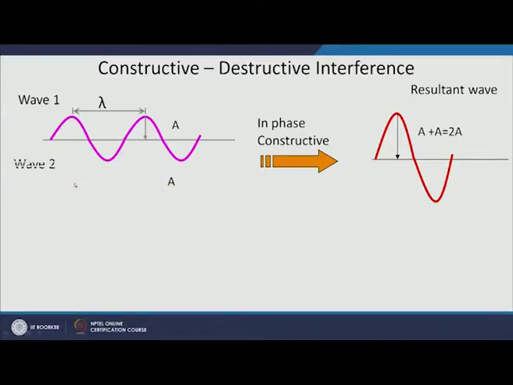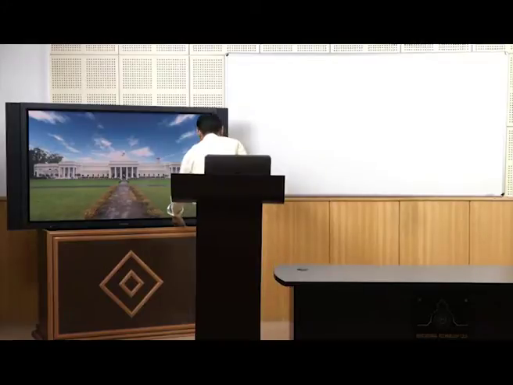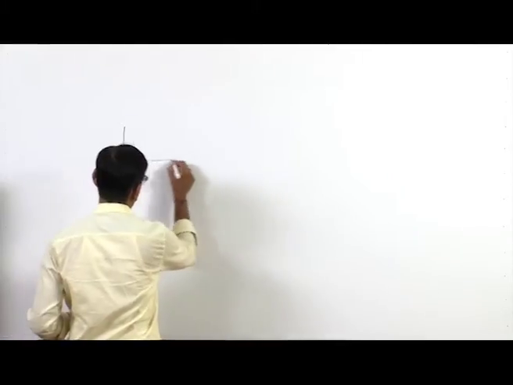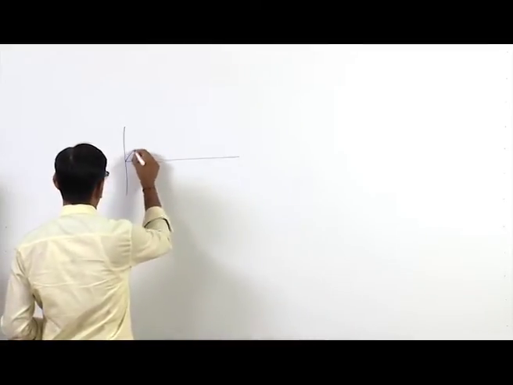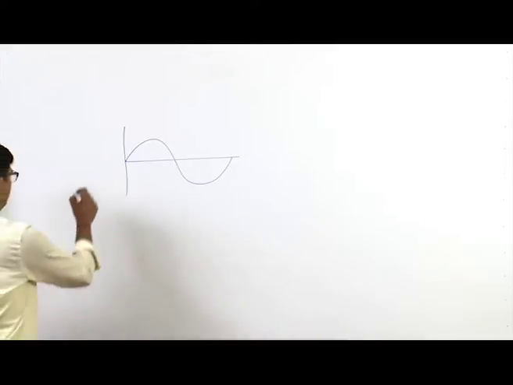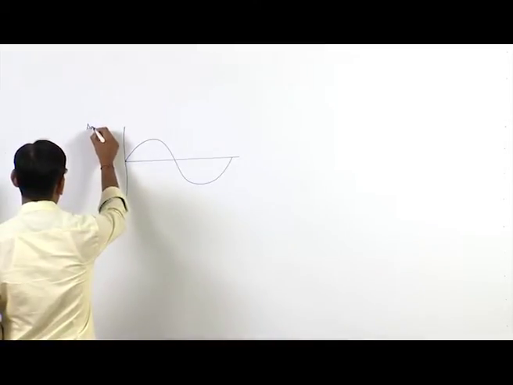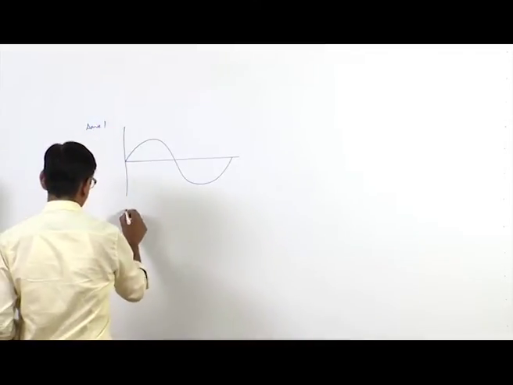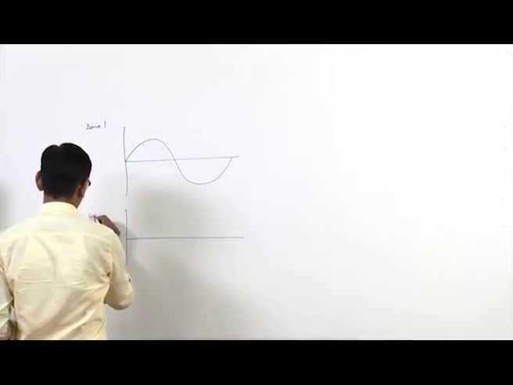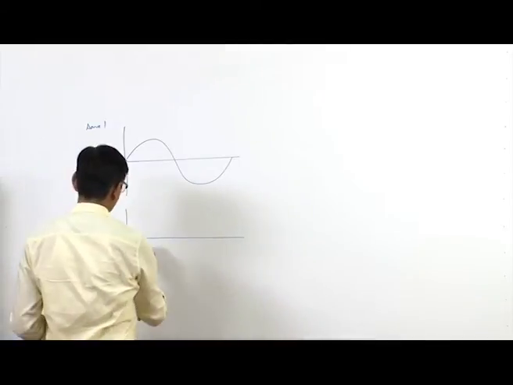Another wave, maybe I will show it on this, I think it is going too fast there, okay. So, this is one wave, okay, wave 1, I am calling it as wave 1, and suppose there is another wave here which I am calling as wave 2, okay.